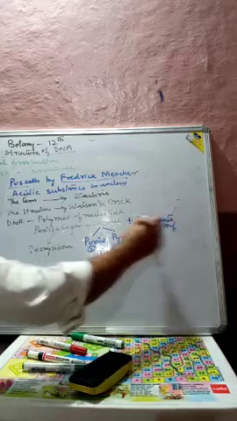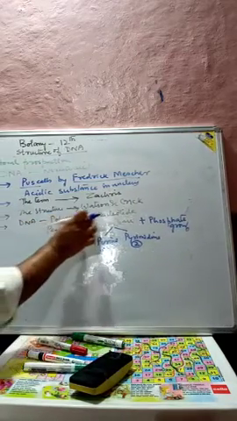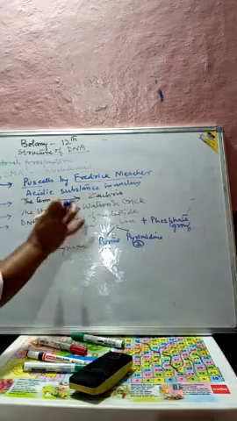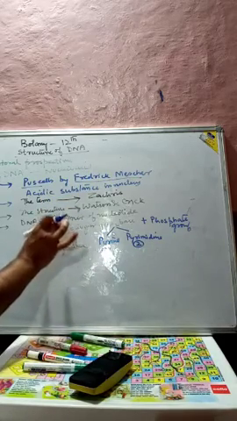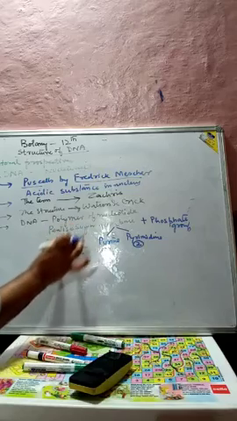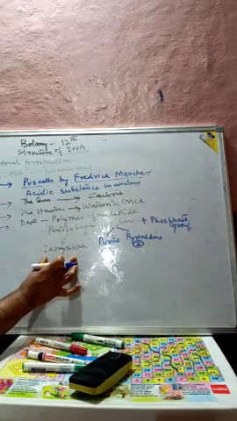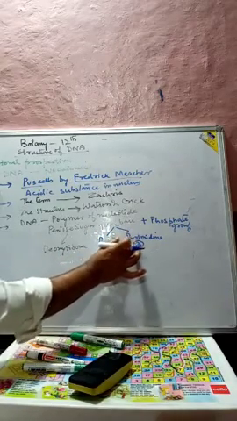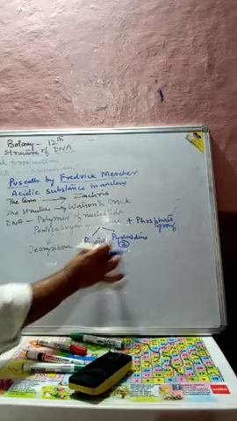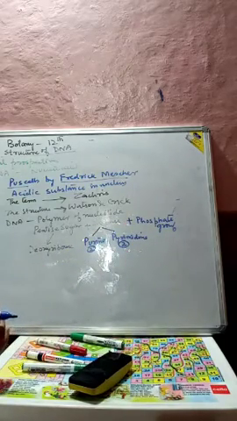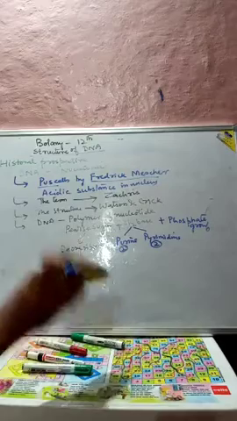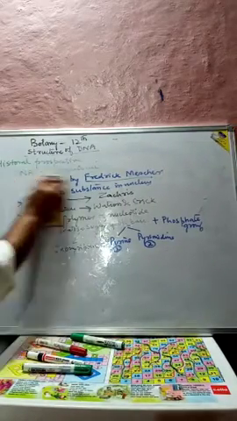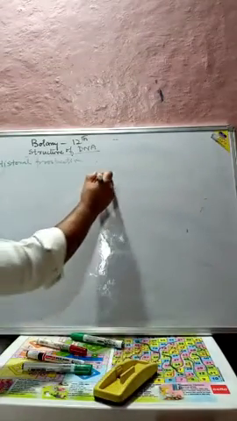So DNA is a polymer of nucleotides. If we look at the structure of the nucleotide, it has the pentose sugar, which is mainly deoxyribose, and there is a nitrogen base. That nitrogen base may be two purines and two pyrimidines, and there is the phosphate group. If we draw the structure of this nucleotide, you will see